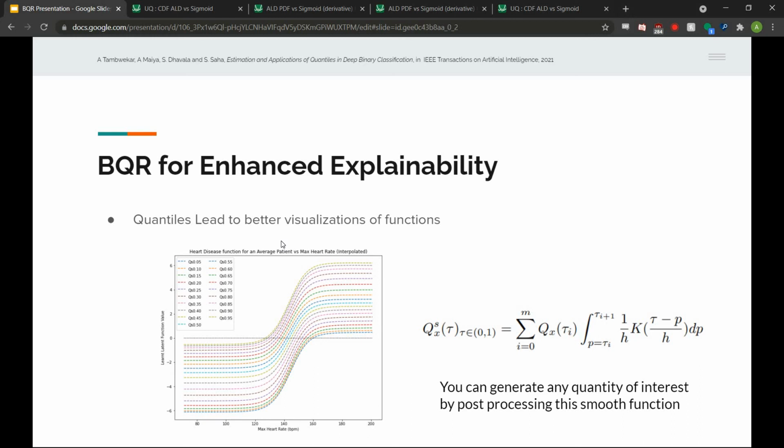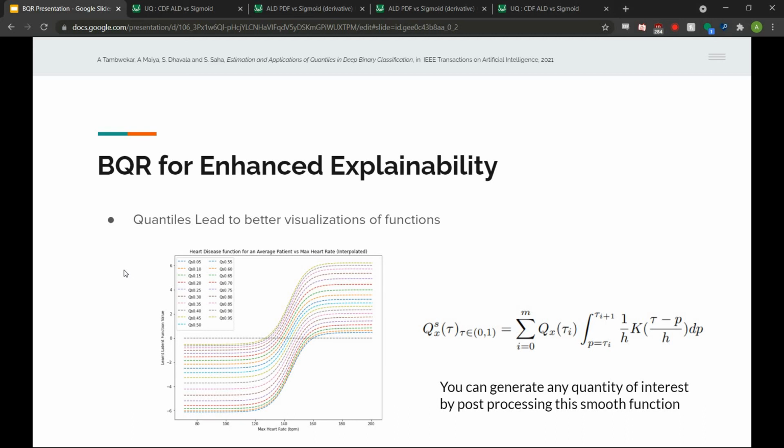And we can also use BQR to enhance explainability, because you can visualize your functions better. Like I had shown you earlier, what we have here is a very interesting graphical representation of a latent function. What we've done is we've taken this heart disease function that was learned by a model. We froze 13 parameters. We let the 14th one range from the minimum value to the maximum value in our data set. And what we did was we basically computed the quantile. We generated a neural network for this